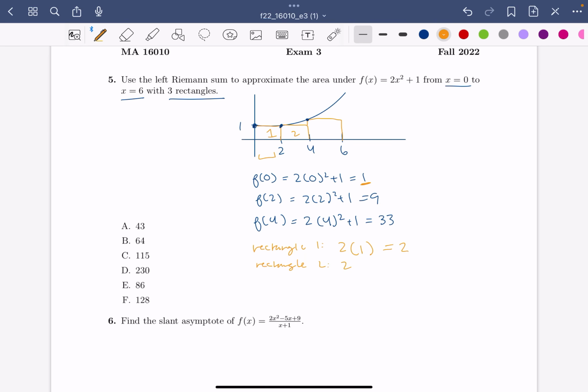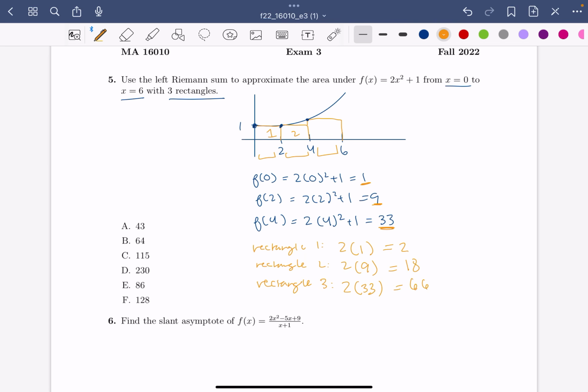The width is from 2 to 4, or 2, times the height. The height is 9, so the area of rectangle 2 is 18. And then for rectangle 3, again, 4 to 6, that rectangle has a width of 2 times the height, where the left touches the curve, is at 33. So 2 times 33 is